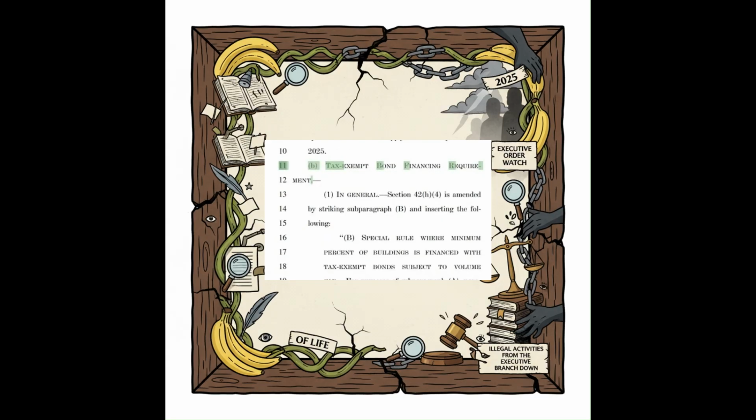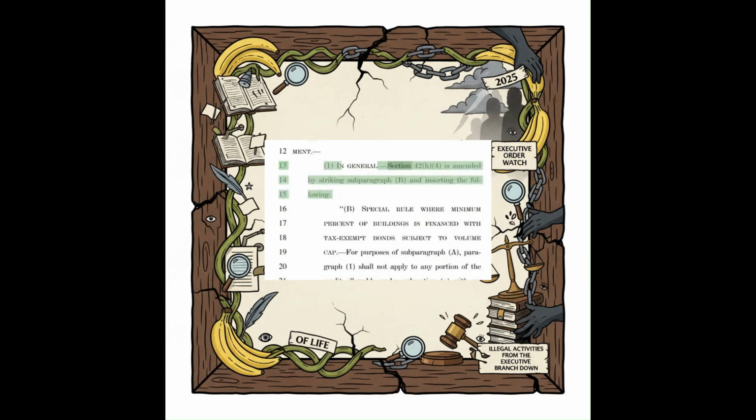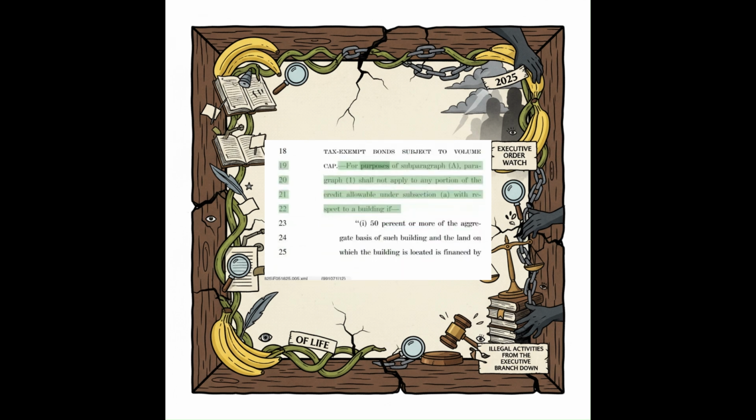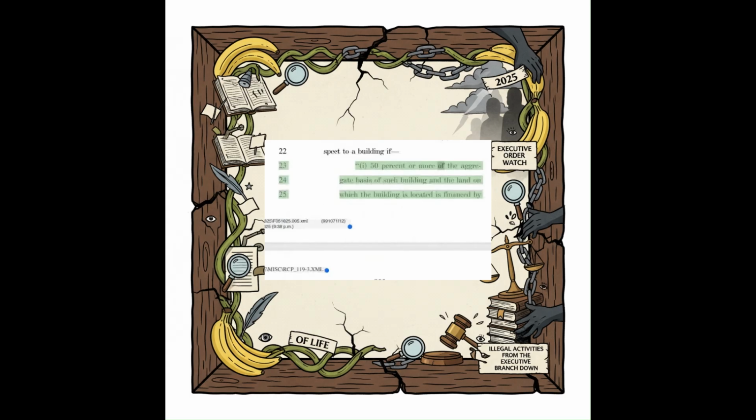Section 42 is amended by striking the paragraph and inserting the following. Special rule where minimum 25% of buildings is financed with exempt bonds subject to volume cap. For purposes of the subparagraph, the paragraph shall not apply to any portion of the credit allowable under the subsection with respect to a building if 50% or more of the aggregate basis of such building and the land on which the building is located is financed by